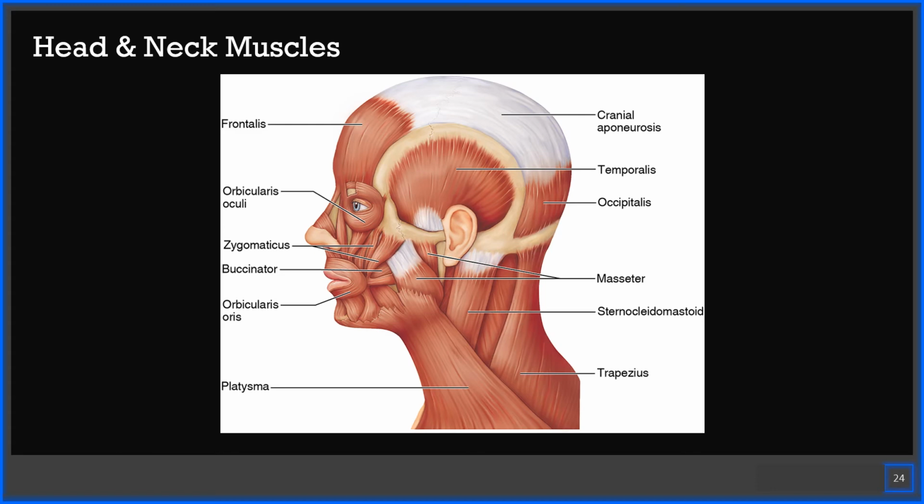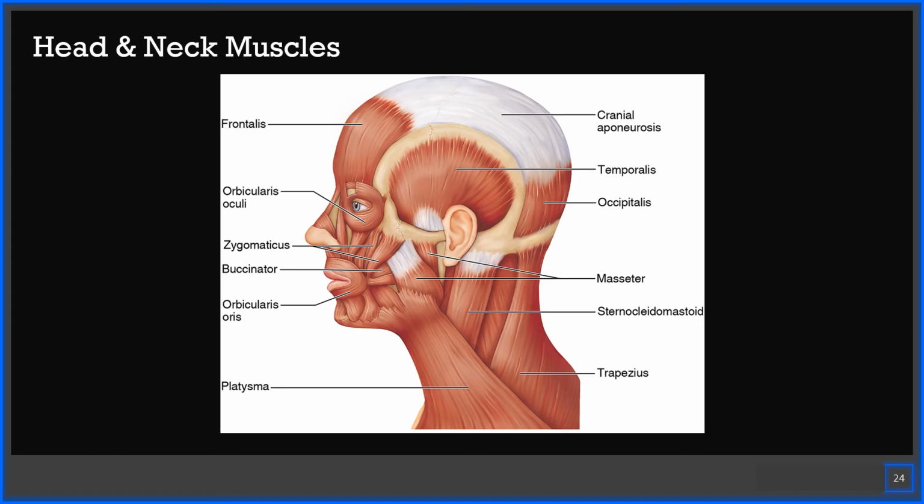So the frontalis and the occipitalis. Frontalis covers the frontal bone, runs from the cranial aponeurosis to the skin of the eyebrows where it inserts, and allows you to raise your eyebrows and wrinkle your forehead, which is why a lot of people get Botox here so that you don't wrinkle in the front. And the posterior end is the smaller occipitalis muscle, which covers the posterior aspect of the skull and pulls the scalp posteriorly. The orbicularis oculi runs in circles around the eyes and allows you to close your eyes, squint, blink,